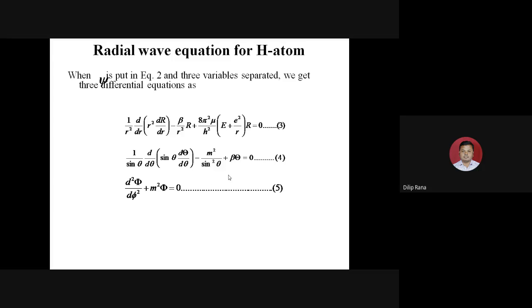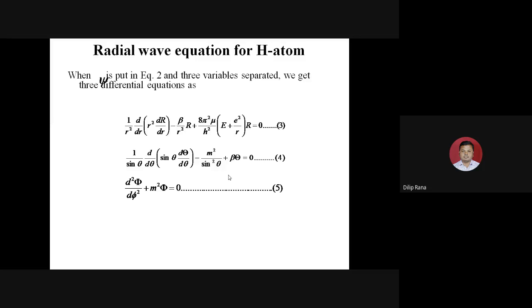Now if we determine this function by considering psi, it will have a differential equation which separates into three. I have taken it directly, because if we determine its stepwise derivation separately for the radial as well as for the angular, it will be out of the scope for this BSc syllabus. In the syllabus they have directly taken the wave equation in terms of radial as well as angular. But for simplicity I am giving the steps of how to determine it. Okay, we have to understand the steps, then we could write or remember it easily.